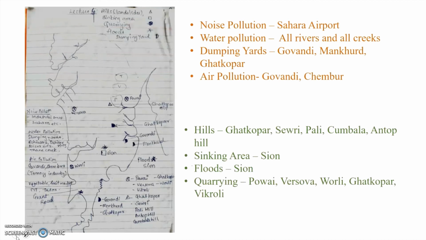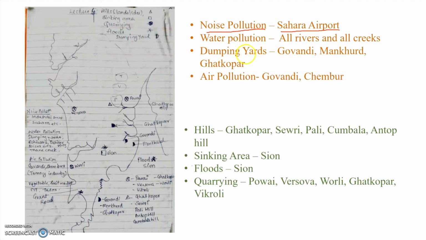Now I'm not going to solve a map here. I can say, now this is a trick to remember. Okay, there are many polluted areas in Mumbai. You can see here the area of noise pollution. It is near Sahar Airport. Sahar Airport is near which station? So you all know Santa Cruz station. Now you all know Western Railway Line. You will be able to locate Santa Cruz station on your own, and you will be able to show the site